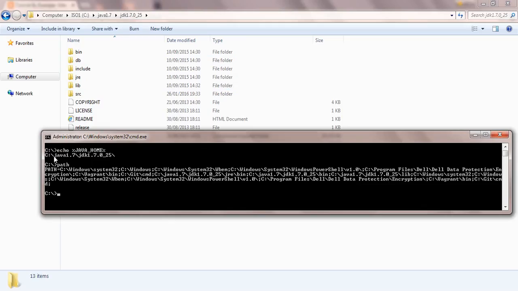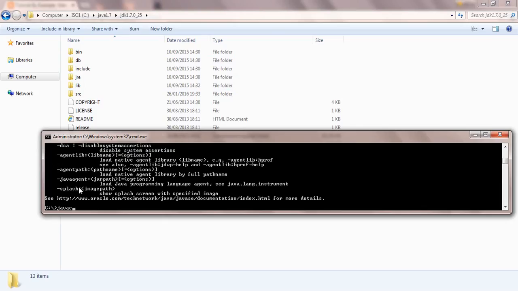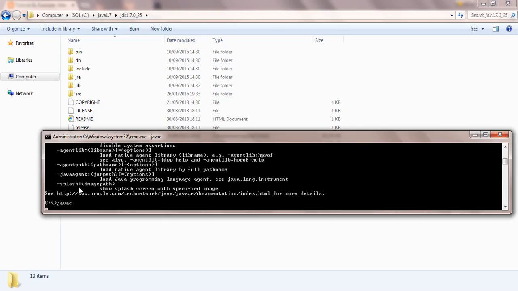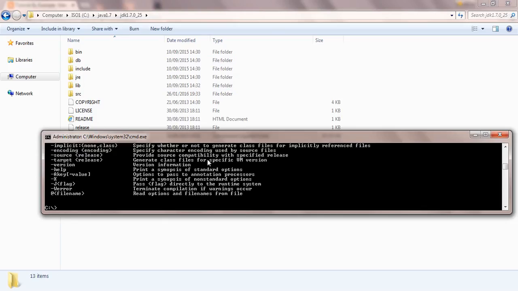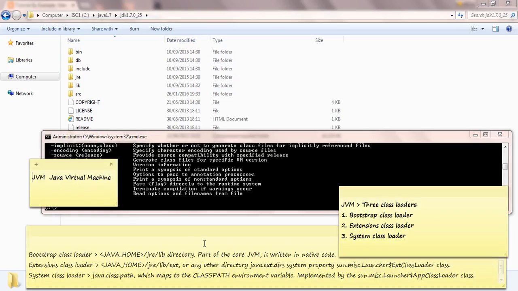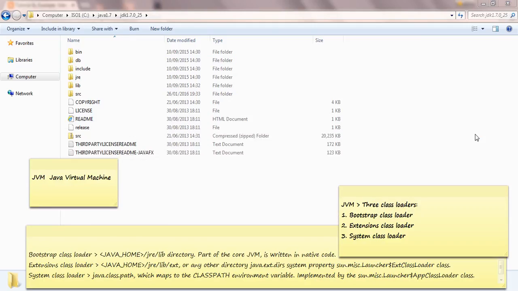You'll see that in my earlier tutorial, and with the help of that I'm able to use runtime and compiler both. So now our main target is to understand Java installation and Java class loader.